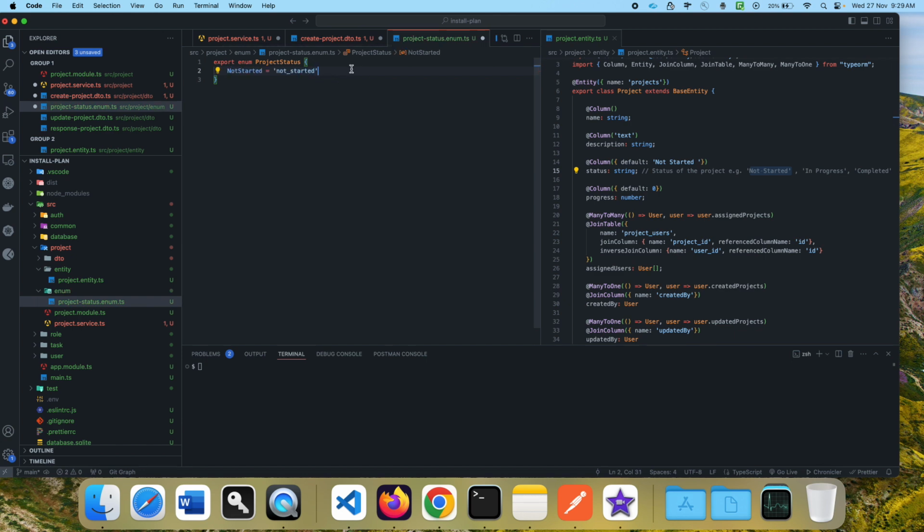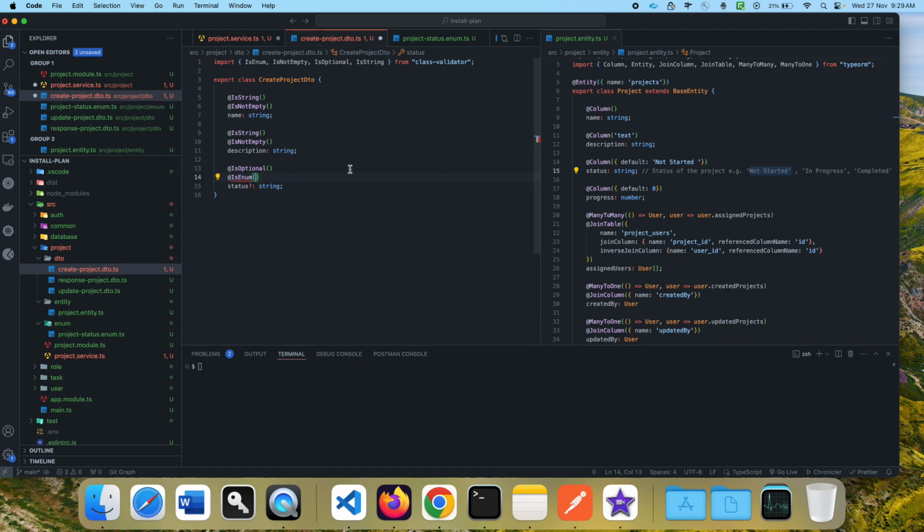I mean, this is not a big deal, we can definitely update it. In progress, we can have its value as in underscore progress, and then completed, we can have its value as completed. Alright, now that we have created this enum, I think we can directly assign it here as well. Let me just import it. Okay,